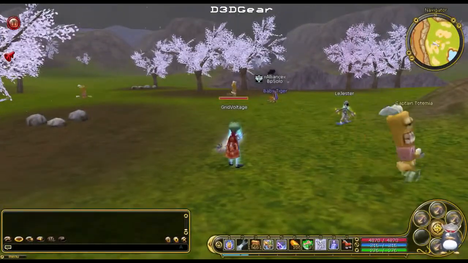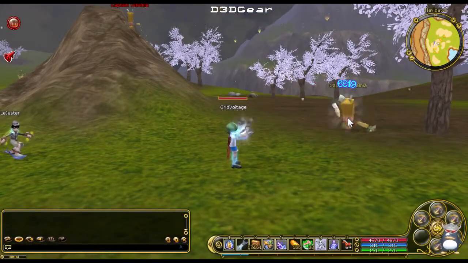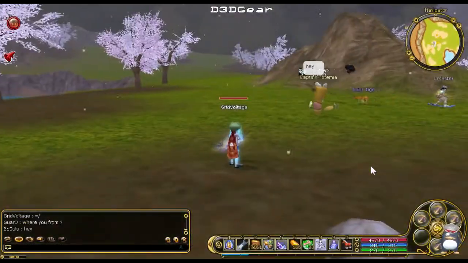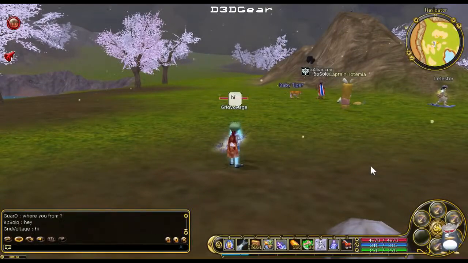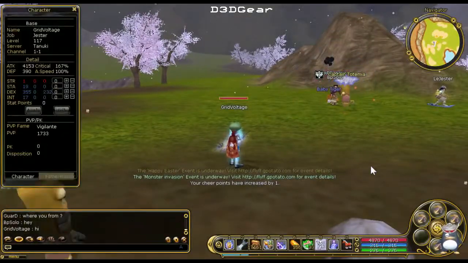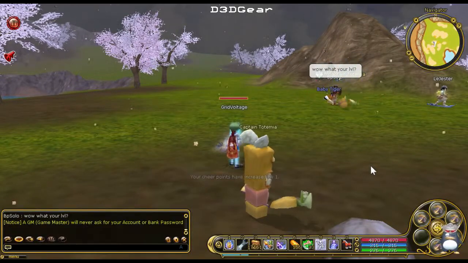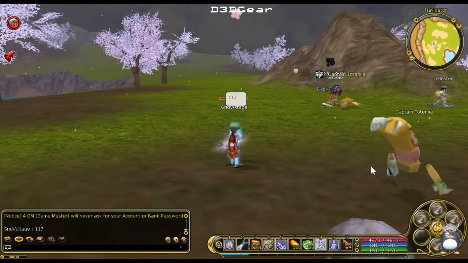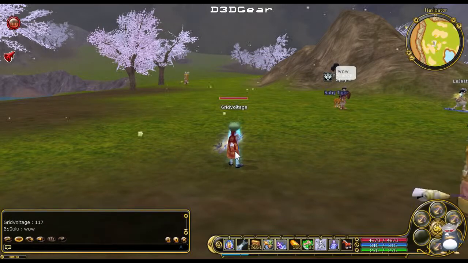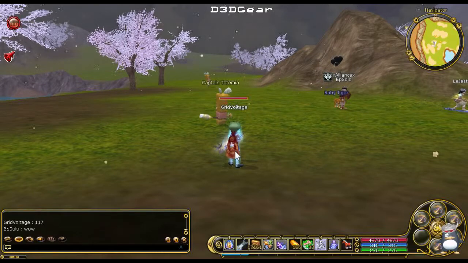Alright, Captain Totemia here. And I don't know if I've ever seen a giant Totemia, so I don't have any idea. Cheer points have increased. I forgot about cheer points. How do you get to? Alright. Wants to know my level. Is it Q maybe? No. H. No. There's a button you press that will get you to...